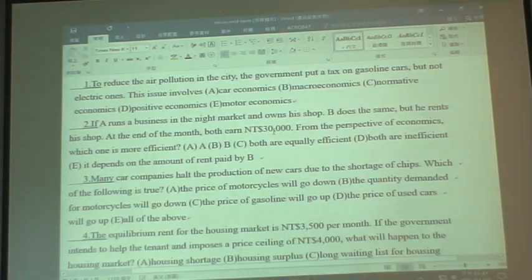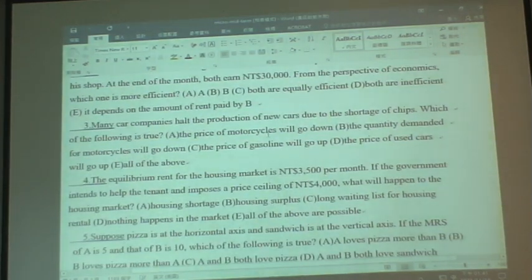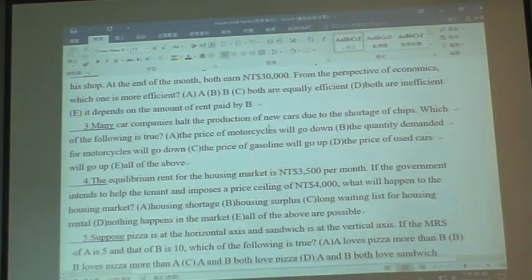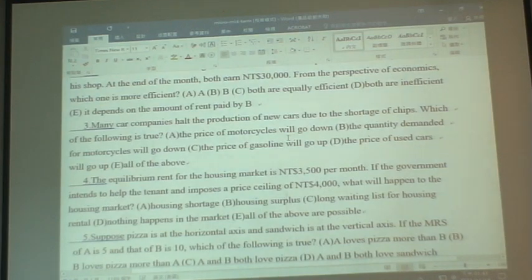Okay? So question 3, Wu Dongyan. Many car companies halt the production of new cars due to the shortage of chips. Which of the following is true? D. The price of used cars will go up. Okay, because